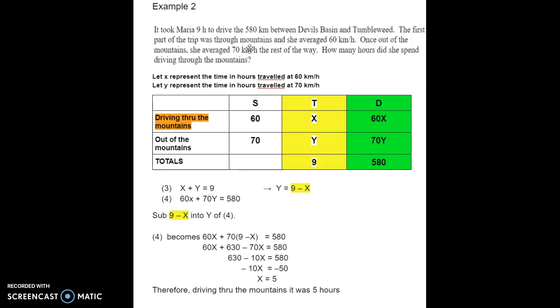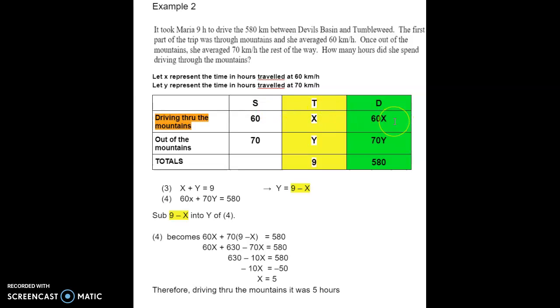The next idea we need to express is that the formula speed times time is equal to distance. We are told speed, we are told time, and we can use the general formula for distance. We'll obtain two equations with two variables. For the first component, note that we're driving through the mountains. We are solving for x. The question wants us to determine how many hours are spent driving through the mountains, so we are going to solve for x. So for the first component, know that 60 kilometers per hour will be 60 times x, and